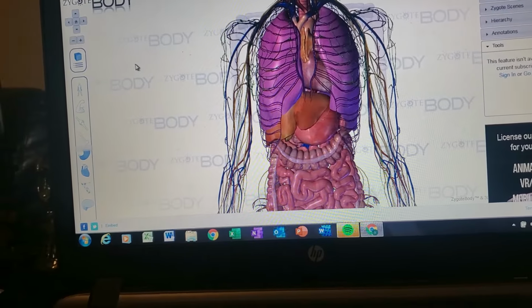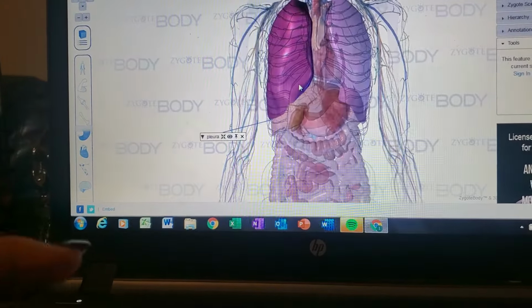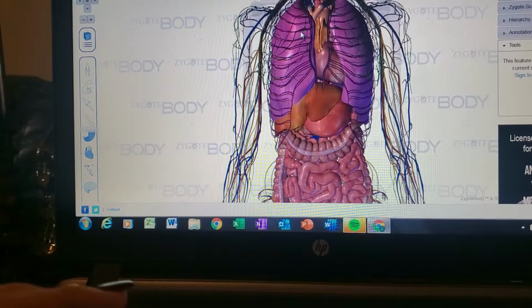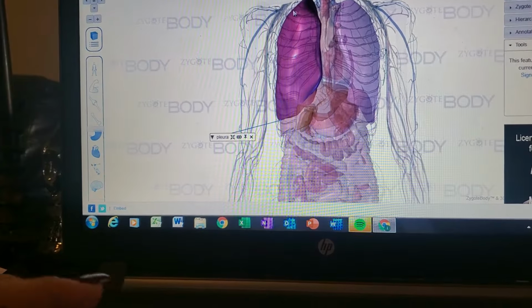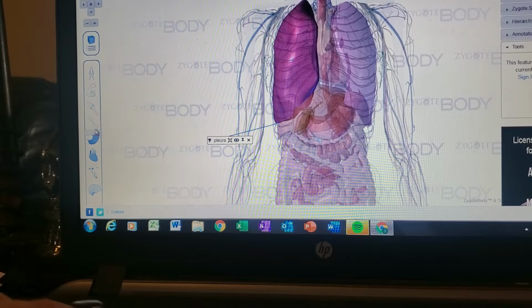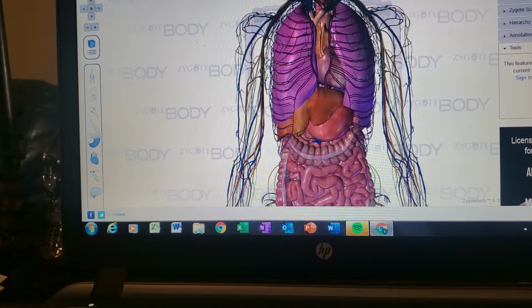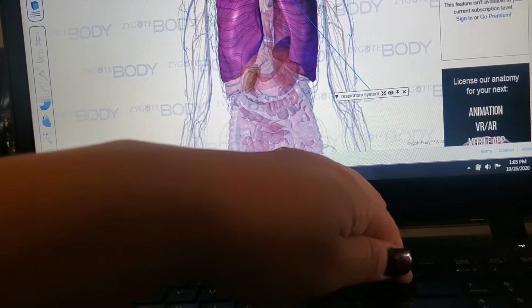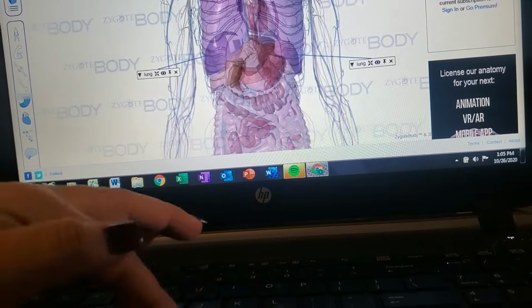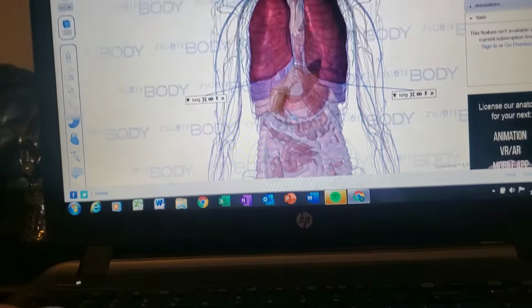We've already talked about that. So we do the lungs. These are the lungs here. You're going to see pleura, and they're going to show you. Let's see if I can get the lung by itself. So both lungs are both sides of this